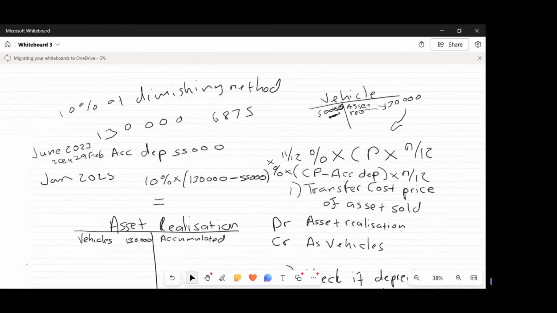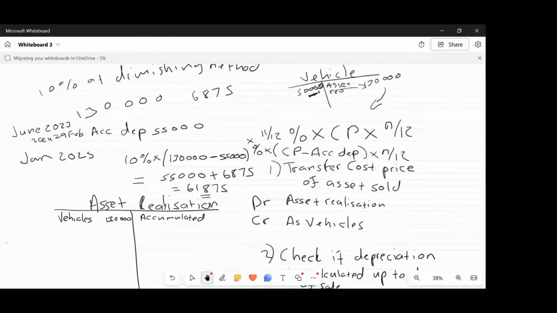Yes. Okay. Since you're getting the 6875, you want to say 55,000 plus 6875, how much do you get? 61875. 61875, which means this is your total accumulated depreciation on that asset we are selling. So you come and write this amount here,